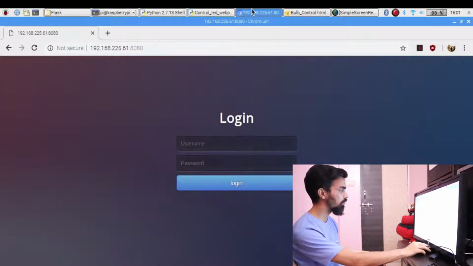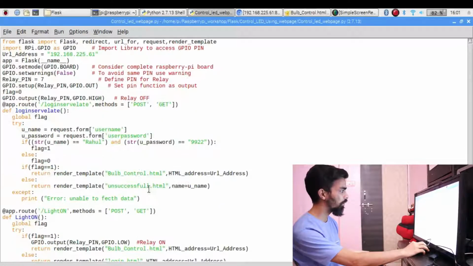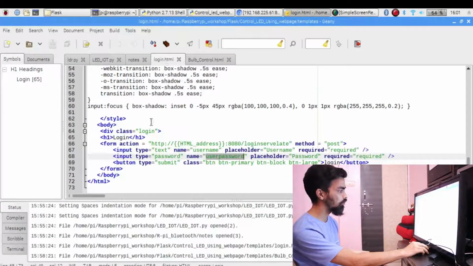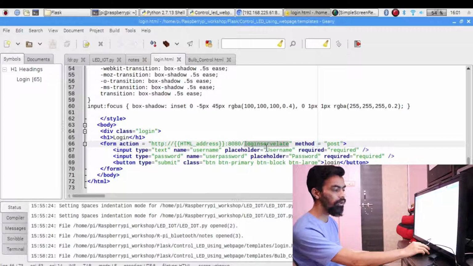Once you press the login button, this login servlet function gets executed. Why does this execute? Let's look at the code of the login.html page. In the login.html page there is a form action. In the form action we have to pass the IP address, then the port address, then login servlet. Once you press the submit button, this login servlet gets executed.